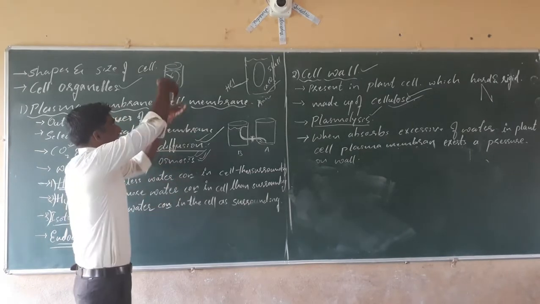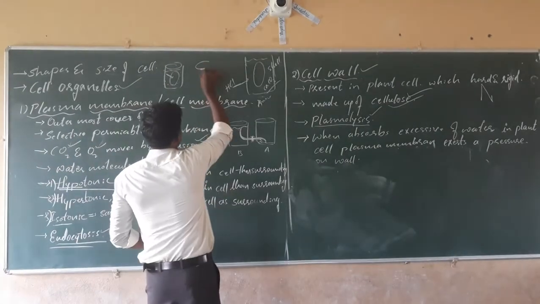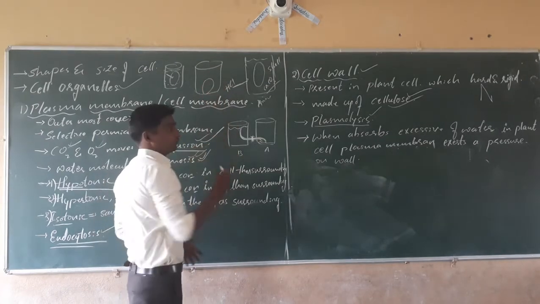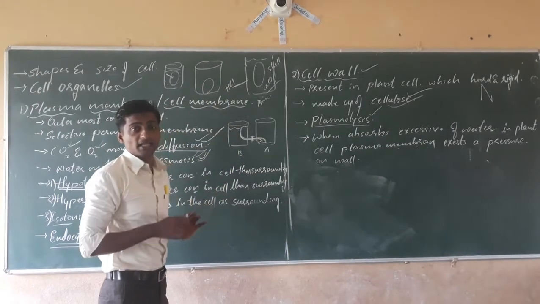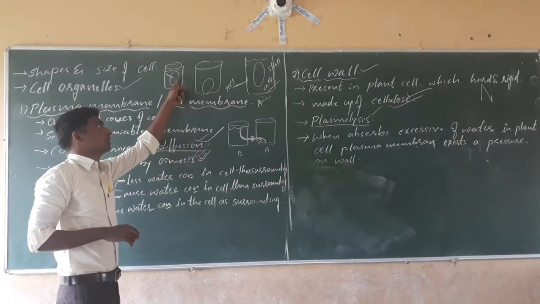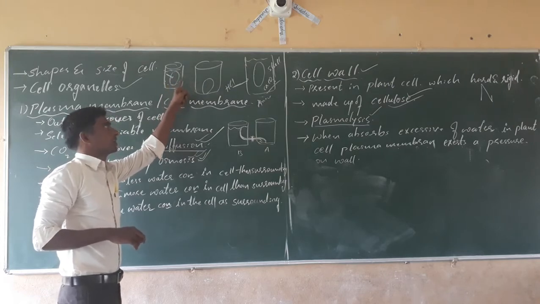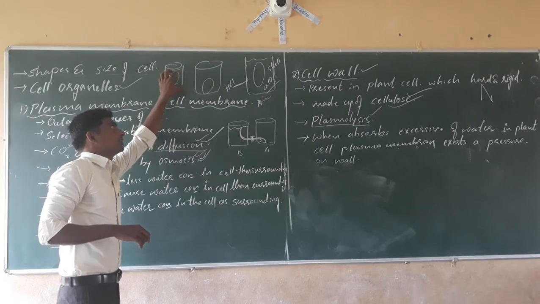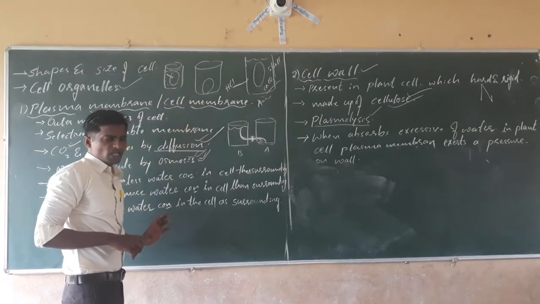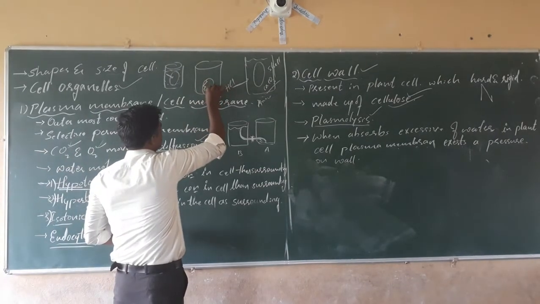Then again take the egg carefully from the water. Keep it in another, empty beaker. We don't have to take water. Only we have taken the water, and due to the excess of water being absorbed, the egg will swell. That swollen egg we have to take and keep in an empty beaker. After a few minutes, the water will be released out. Then the egg will be seen.